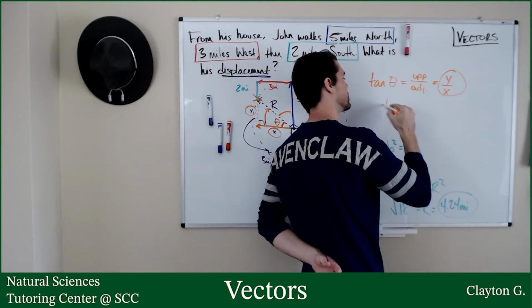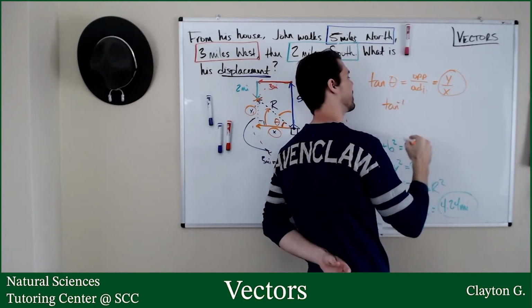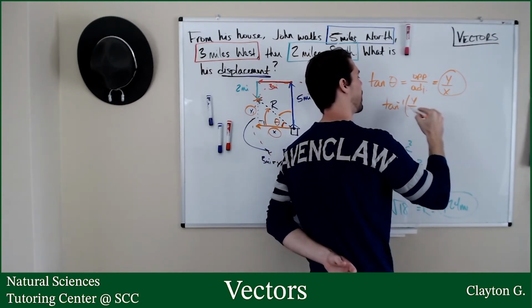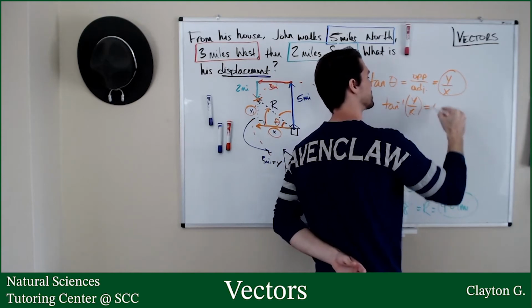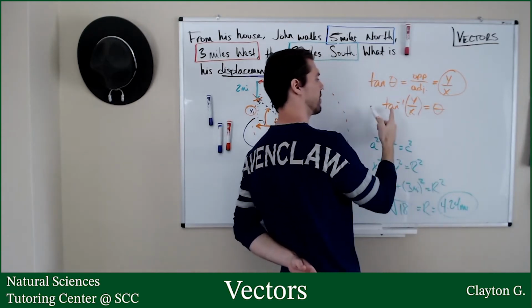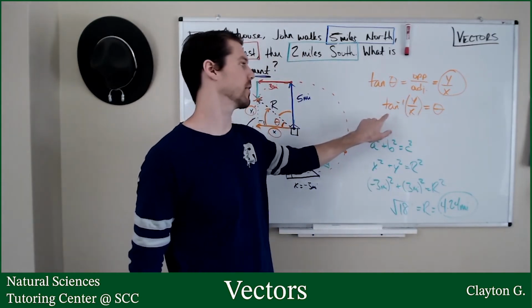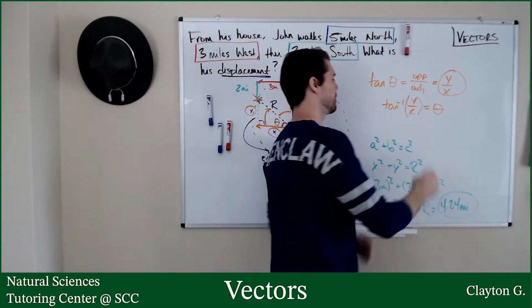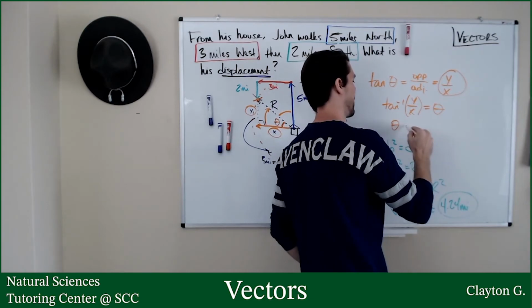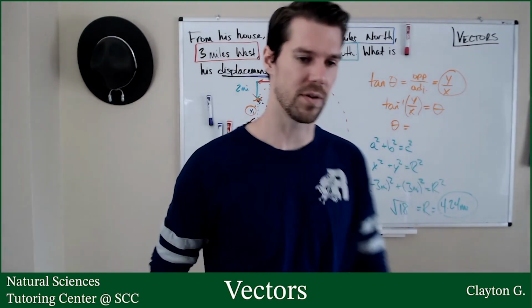So we're going to use inverse tangent. Inverse tangent of y over x equals theta. If you push second tangent on your calculator, that's where this can be found. All right, so theta then equals, let's throw this in the calculator here,